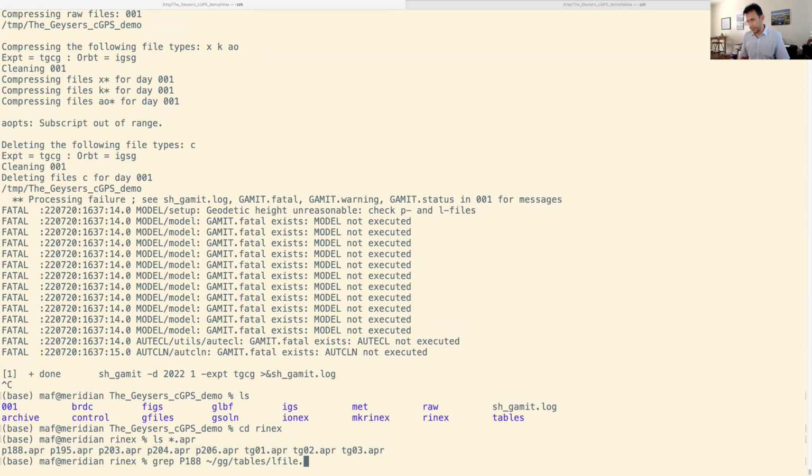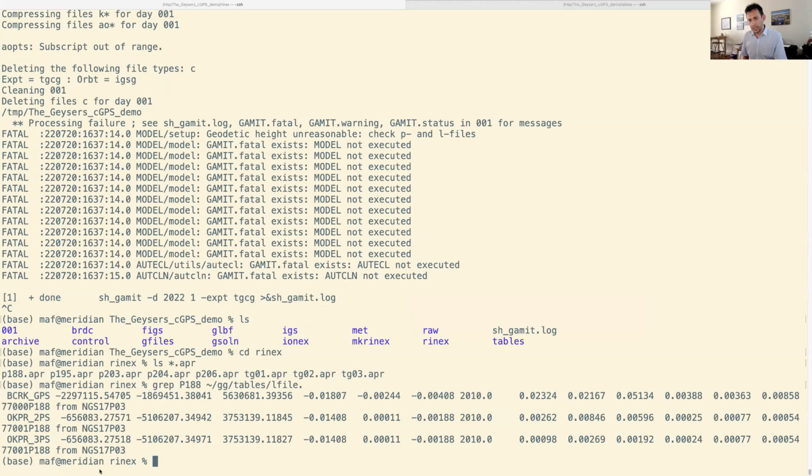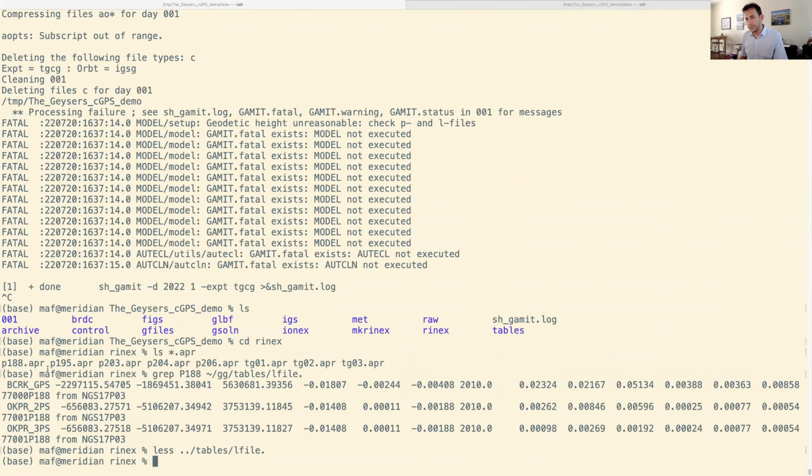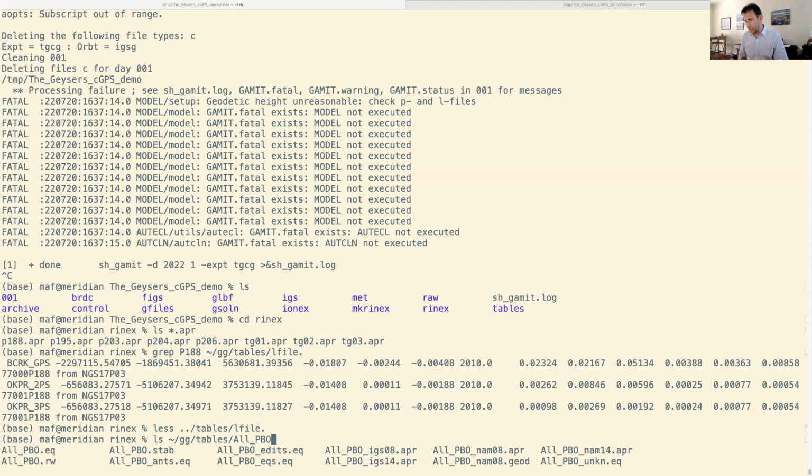The file is this one here. Okay, and you can see that it doesn't have any P188s. So we need to get that information from somewhere else. Let's see, P188, where was it? Here. Okay. Right, so we have 5 sites to get, P188. We have another file called all PBO